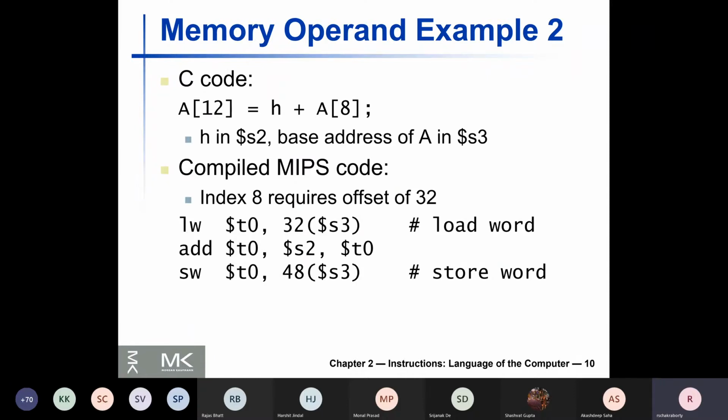Very soon you will learn that there are unique binary codes corresponding to each of these instructions. The entire instruction will be represented in exactly 32 bits, of which a certain number of bits will denote the operation that is going to be performed. For example, LW or add or SW, these are called the opcodes.